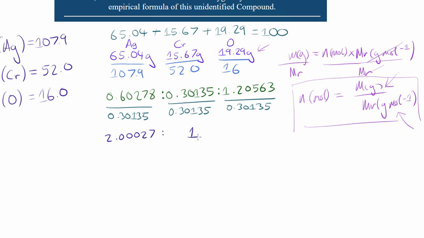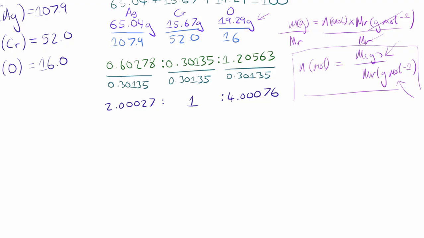And for oxygen, if you calculate that, what you should find is that it gives 4.00076. Okay. Now, what you notice here is that we've now got at least one value out of these which is a whole number, right? The one that we divided by itself. The other two are not whole numbers yet, but if you pay very close attention to the numbers, what's changed when we compare it to when we were at this stage above,